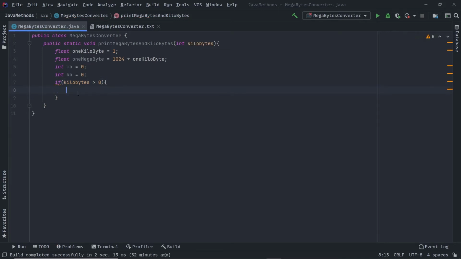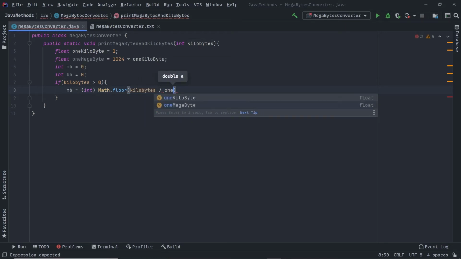Now we need to give the value to megabytes. Megabytes equals, we need to typecast to int and use Math.floor to get the floor value. If we have 2.65, it will floor the value as 2. So kilobytes divided by 1 megabyte.